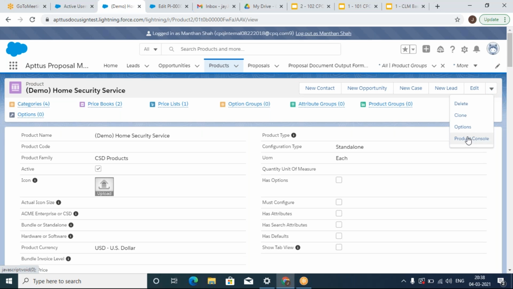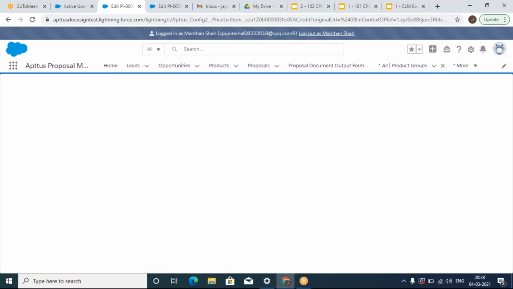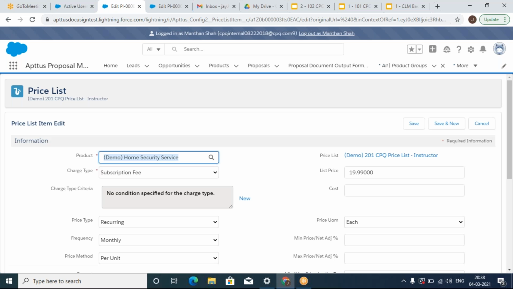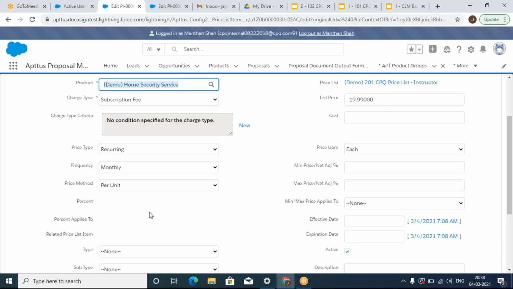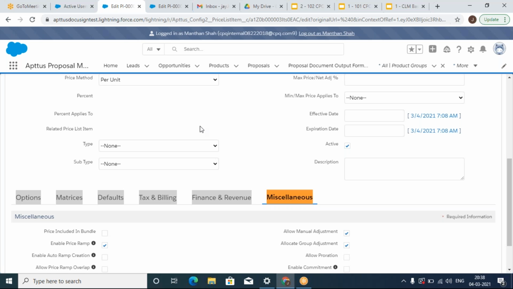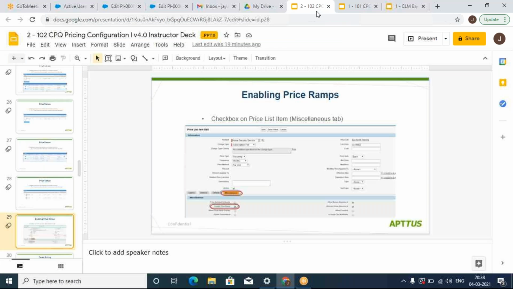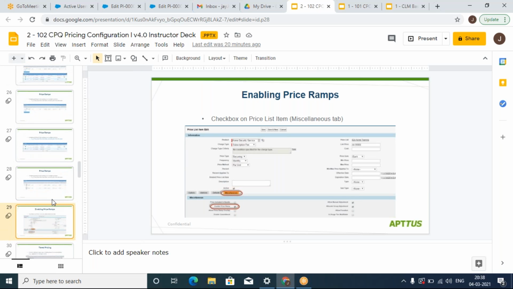So I'll click on product console, click on edit. The first thing, in order to enable the price ramps, is we have to go to the miscellaneous tab under the price list item and check enable price ramp. This is the checkbox. So we have to make sure that this checkbox is checked, and then